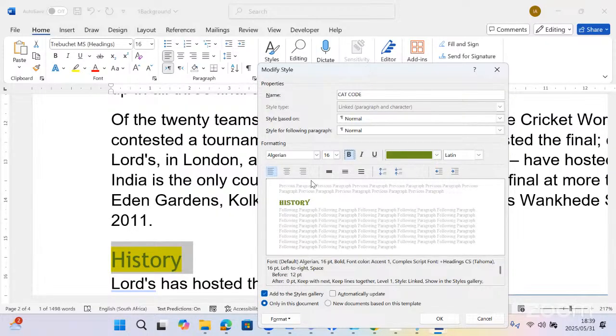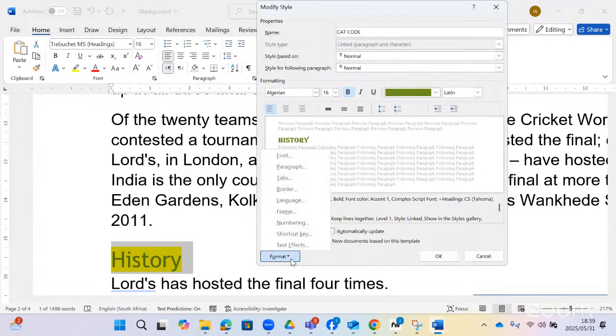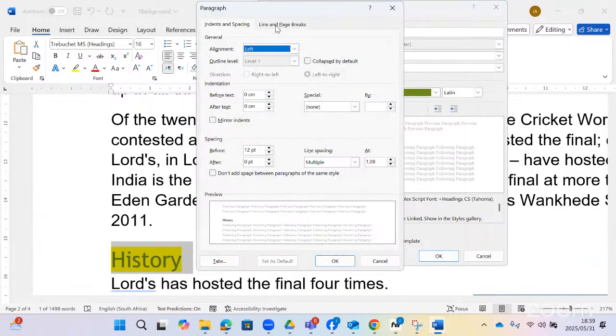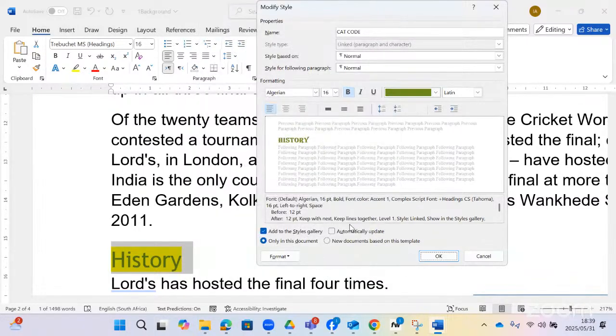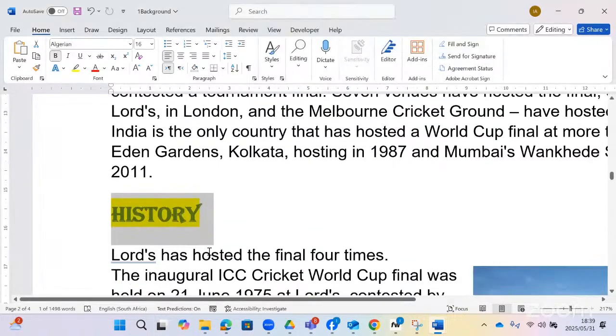Or sometimes they can even ask you to put a paragraph around it. So you go and choose paragraph from the format. And then you can now set the paragraph spacing and the line spacing. They can ask you also like that. When you are done, you take update automatically. Right. So that's how we update or we change an existing